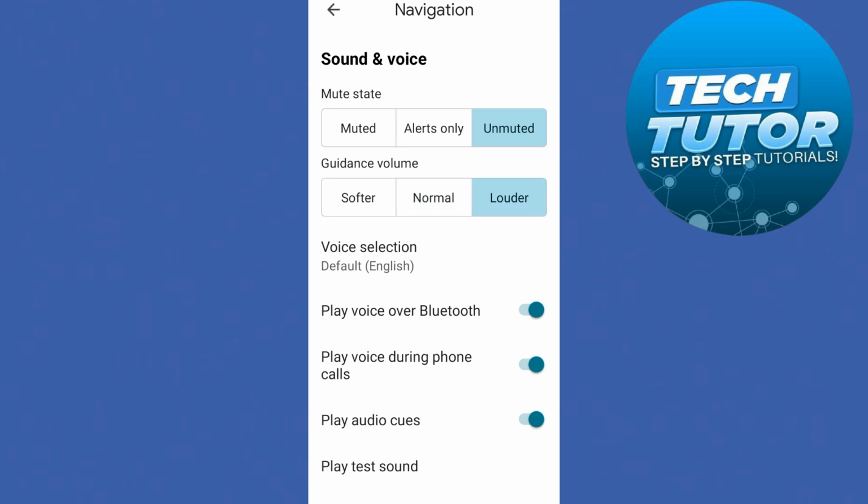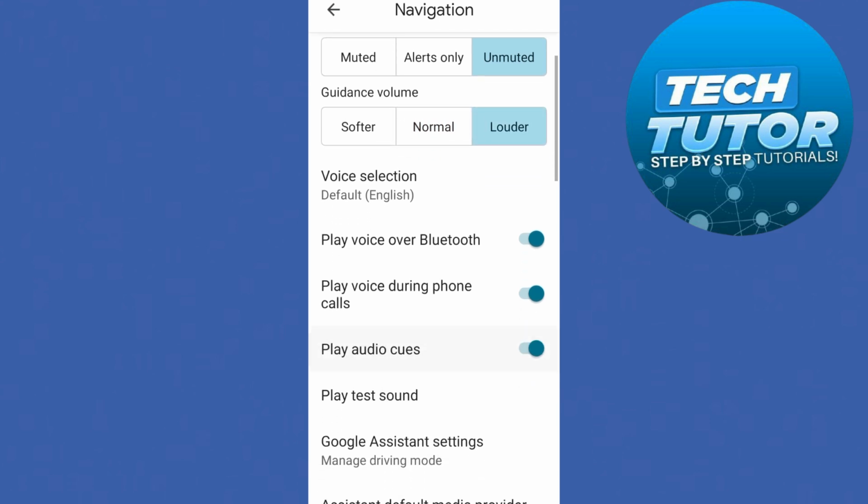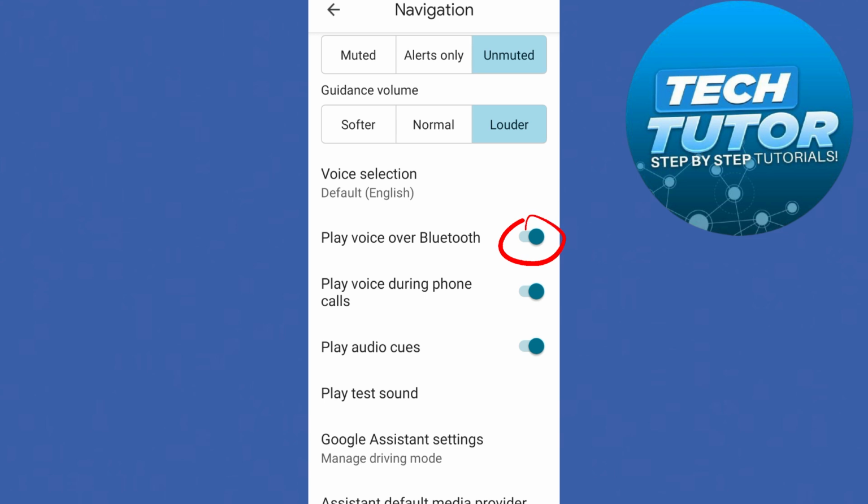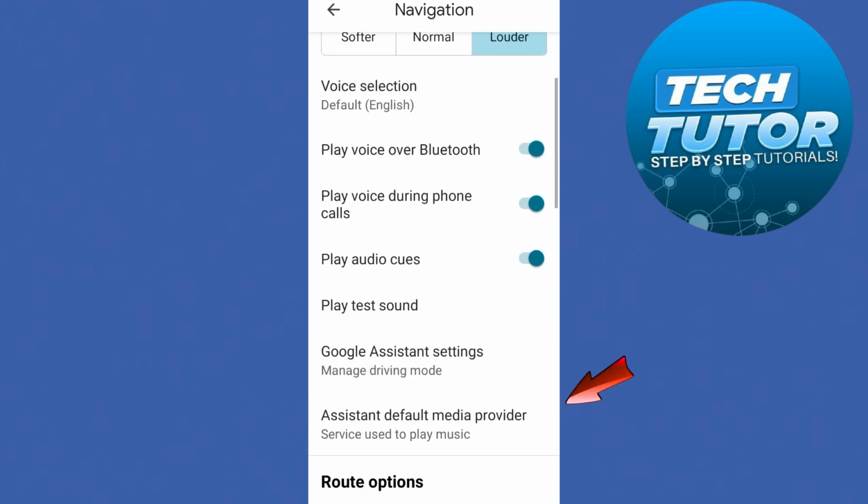And then if you scroll down here for voice selection, I want you to simply toggle on play voice over Bluetooth. Also, you need to turn on or toggle on play voice during phone calls. Now, if you scroll down here, there are also a lot of options that you can turn on if you want. But basically, this is how simple it is to enable voice navigation in